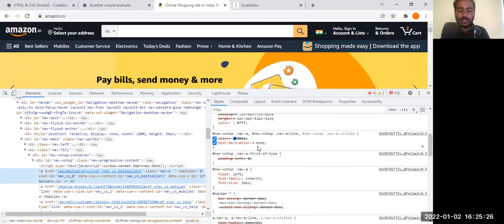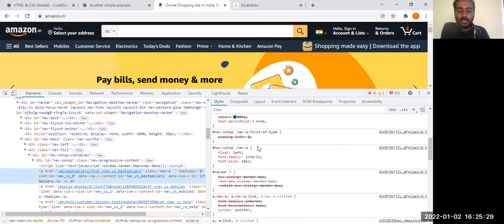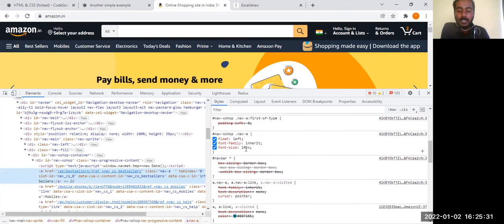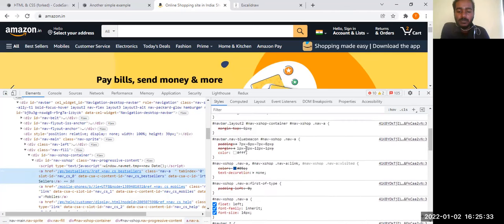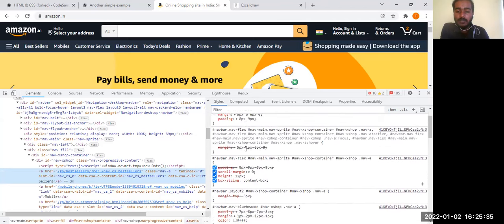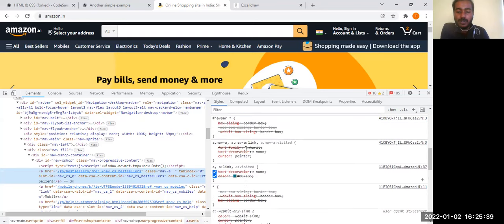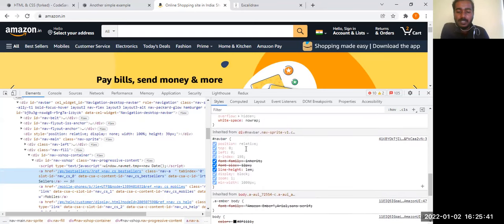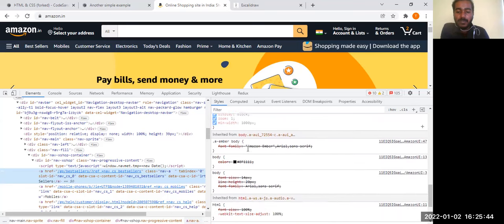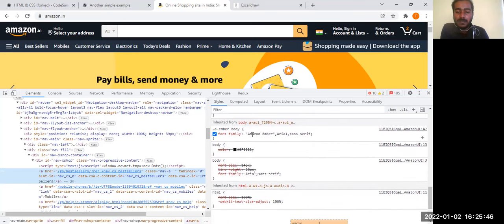So let's see what font size they are using. If you see, the font size is 14px. And what font family are they using? Let's see. I think they're inheriting the font family from some other class. Okay, fine. As of now, I think this is Amazon Ember.